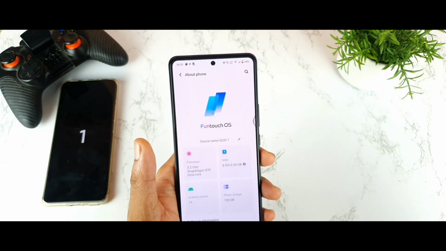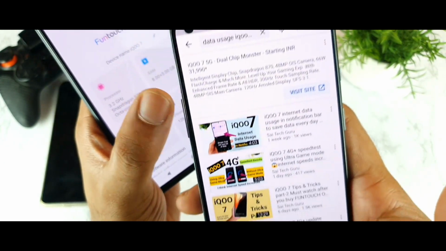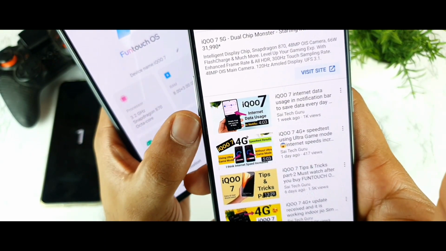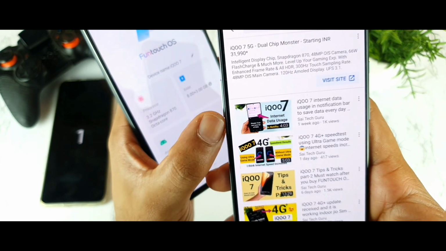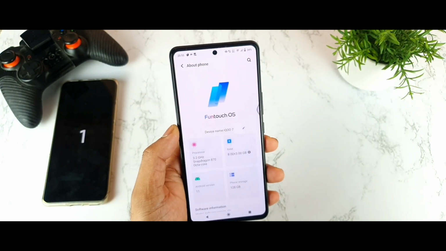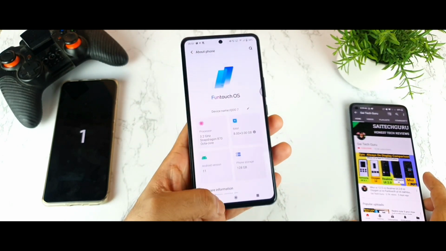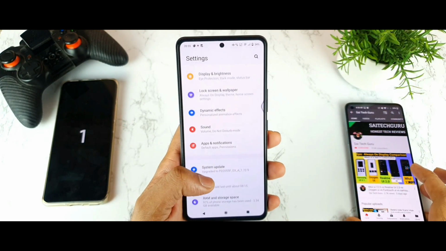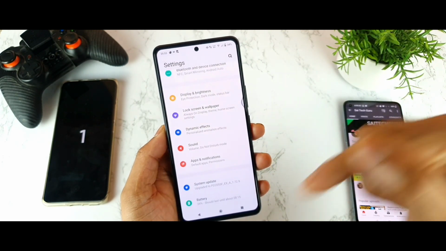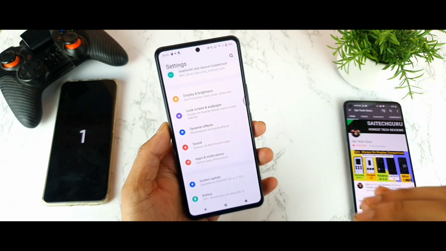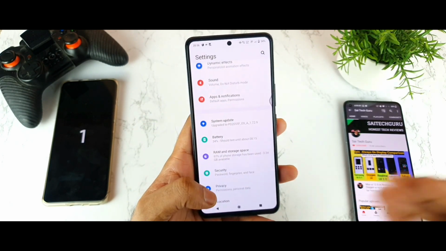So right now there's a temporary solution for that. If you just type in YouTube, data usage iQOO 7 Saitech Guru, you can get my video, friends. There I found a temporary solution where you need to install another application, but we shouldn't need any third-party application, because the software present in the iQOO 7 should be doing this small thing. It is very small, but a lot of users did message me personally. So make sure to comment below, friends, in case it is your favorite one. Let's see whether we'll get this kind of change with the next update or not.